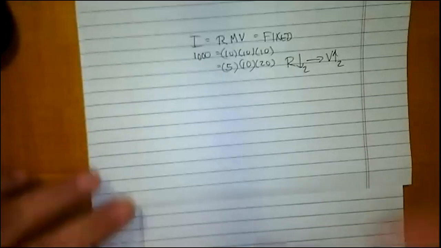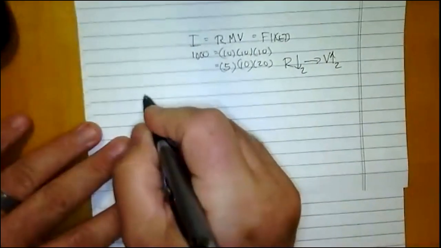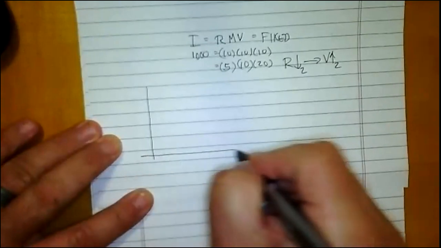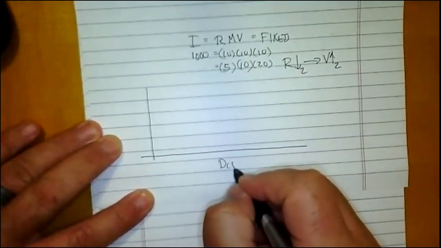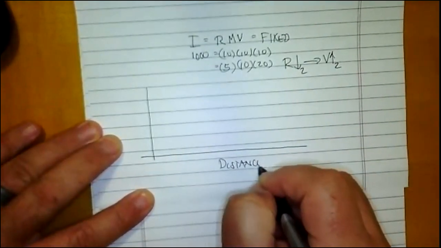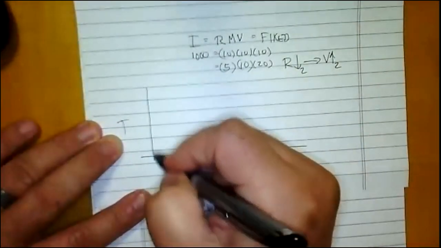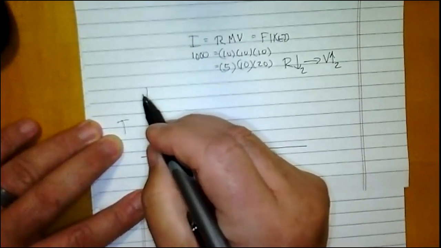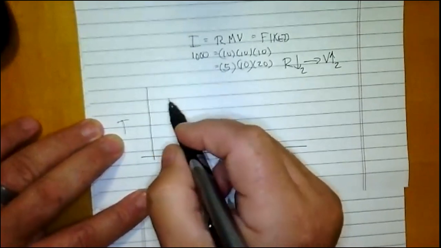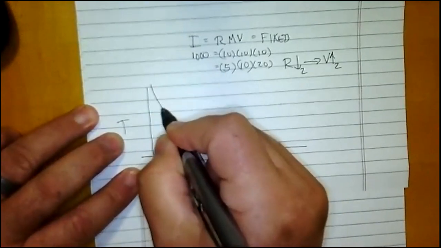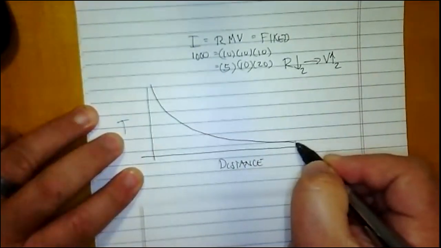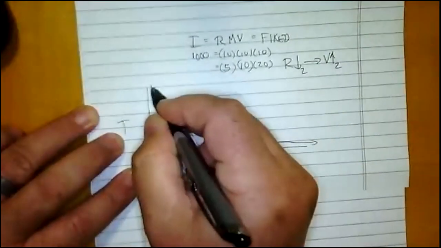So if you made a plot of temperature versus distance within the protostellar cloud, this is the distance from what would be our protostar and what will ultimately become our sun. What you'll see is the temperature falls off like this. We just know this from basic thermodynamics. We know that's exactly how